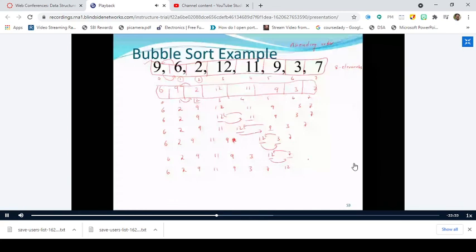No. Why? Because you have reached the end of the list, right? So this entire operation is considered to be the first iteration. At the end of the first iteration, you can observe that the largest element, what is the largest element in this list given? It is 12. So the largest element comes to the end of the array. We try to move the elements to the end of the array, which is the right hand side. Right.